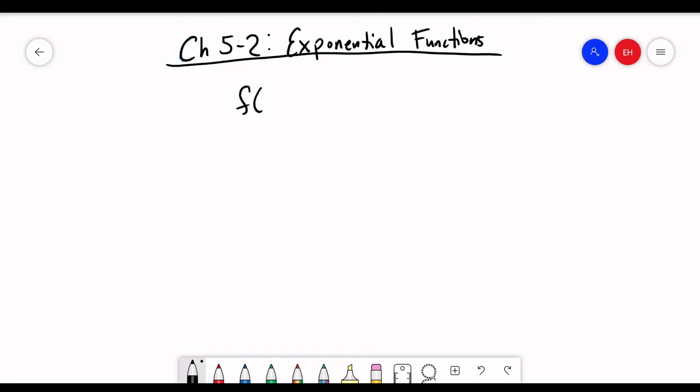Welcome back, pre-calculus students, and today we will go through chapter 5.2, exponential functions. So, what's an exponential function, you may ask? Well, it's a function of the form f of x equals k times a to the x power, and k